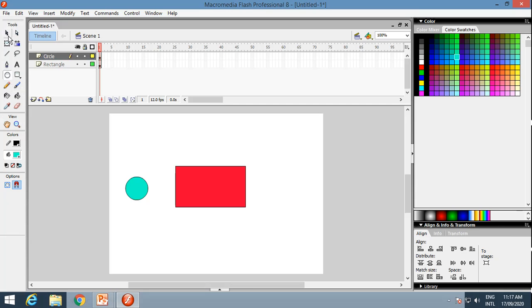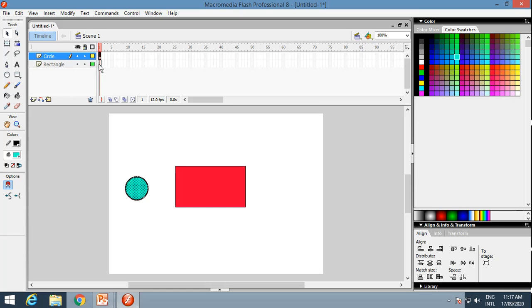I have to move this circle around this rectangle. Now see how I am going to do this. This is my rectangle layer, so the rectangle part is selected, and this is circle layer, so the circle part is selected. Means every layer is independent.